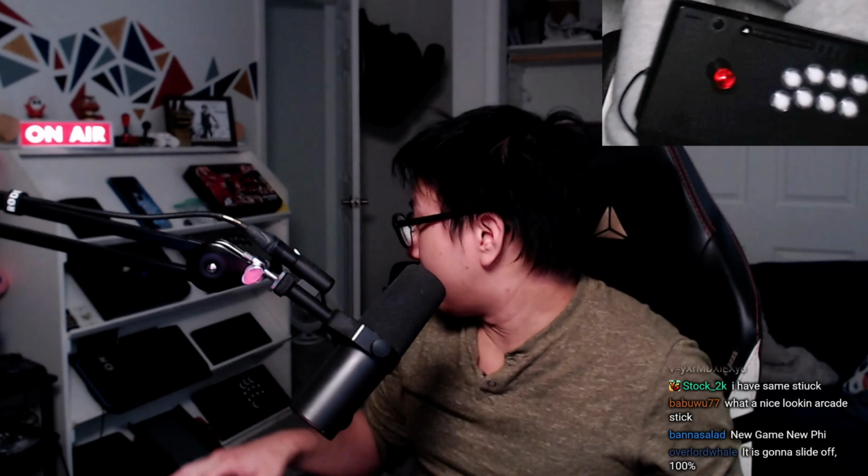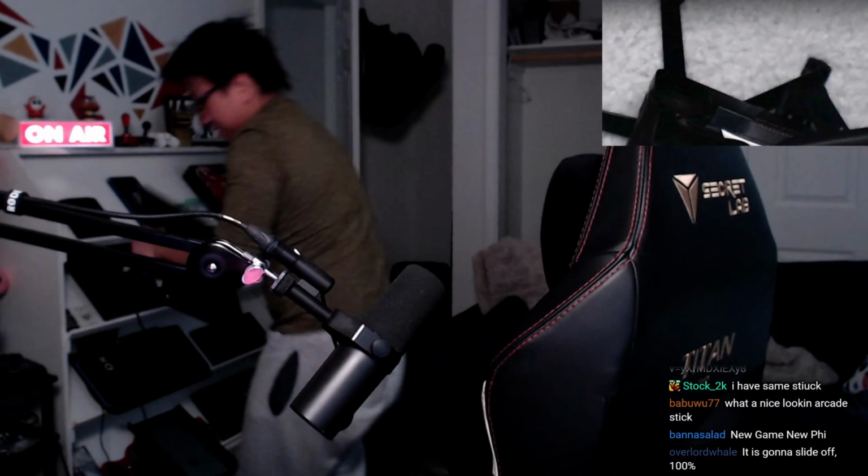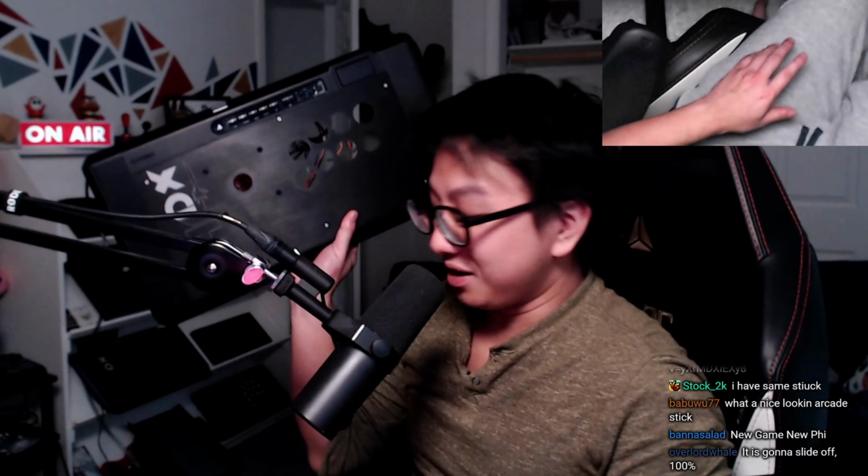I hated the cable door. The Qanba Obsidian 2 has this screw-on side cable door. Let me show you. I know this looks similar, but this is the Obsidian 2. It's taken apart again because I've been doing so much experimenting. I got a similar panel on the front, this ArcadeShock custom extended Vuelix panel, so the spacing between the lever and the buttons is farther than by default. The bottom panel here is custom and it's just one plate, not the double plate that arcade sticks usually have. The point is it got really loud, but the main thing that turned me off from this stick,